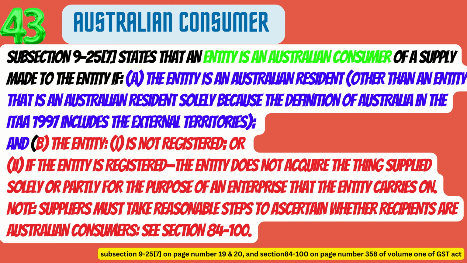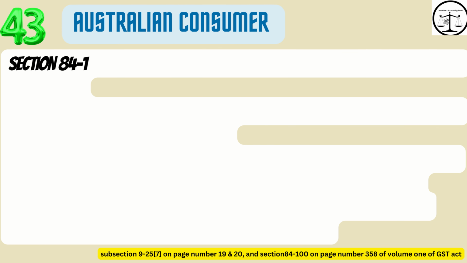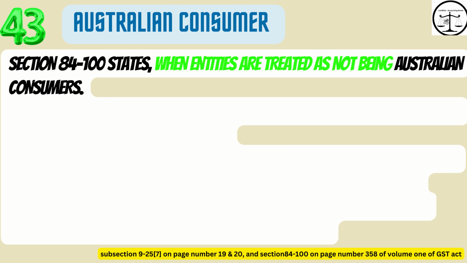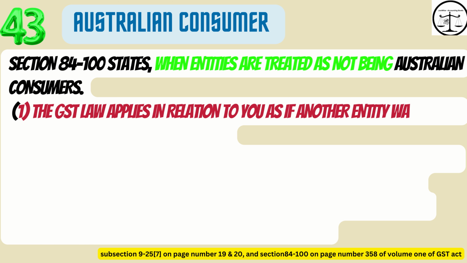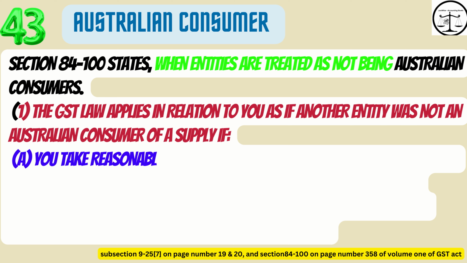Note: suppliers must take reasonable steps to ascertain whether recipients are Australian consumers. See sections 84 to 100. Sections 84 to 100 state when entities are treated as not being Australian consumers. 1. The GST law applies in relation to you as if another entity was not an Australian consumer of a